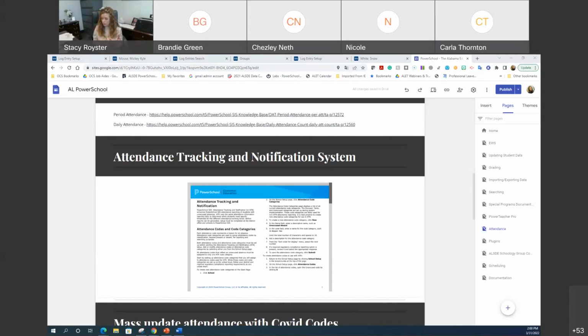I know another thing that I really want to do this summer is have a conversation about that final grade reporting term setup and those buckets to make